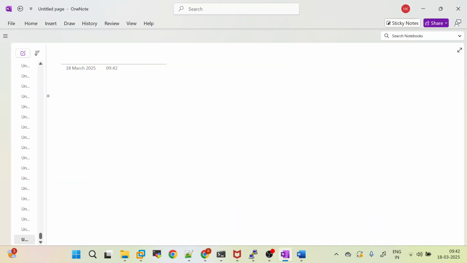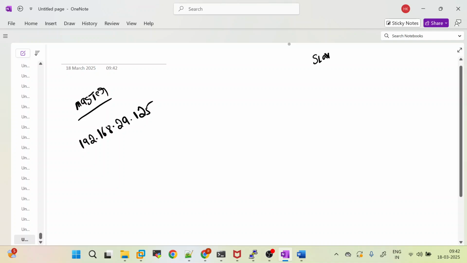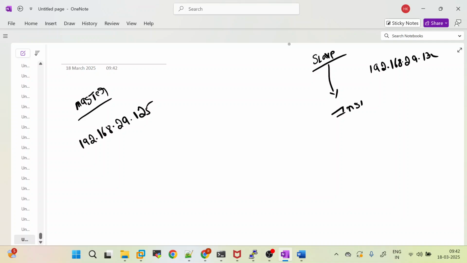Yeah. So I have my master server, which is running on 192.168.29.125, and I'm going to create some slave right here. Slave would be on 192.168.29.132. So here what we will do is install only Postgres binaries. Okay, now we need to set a couple of parameters here, and once the